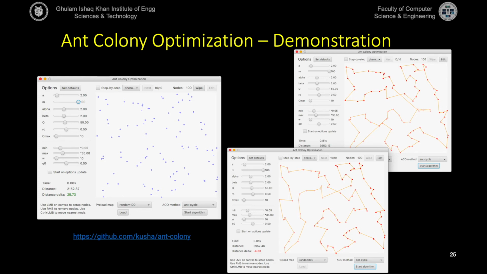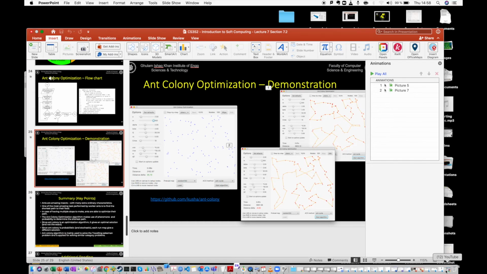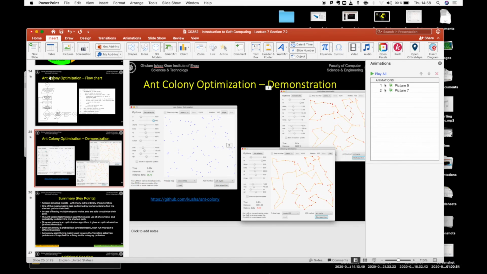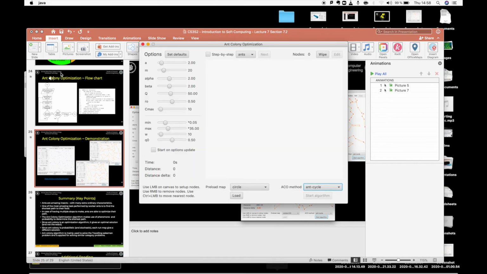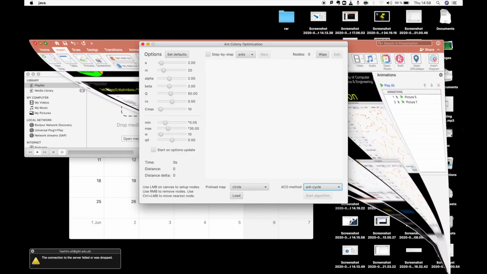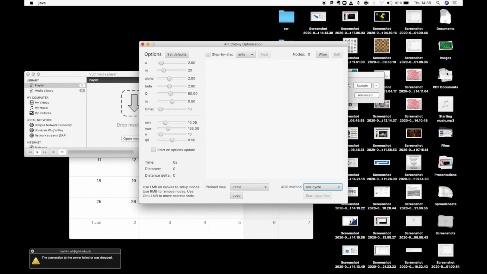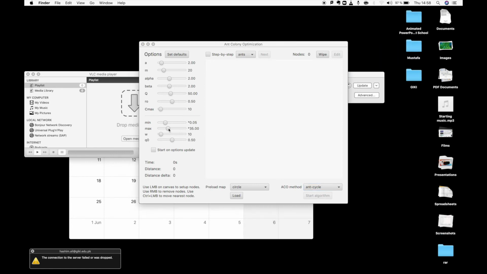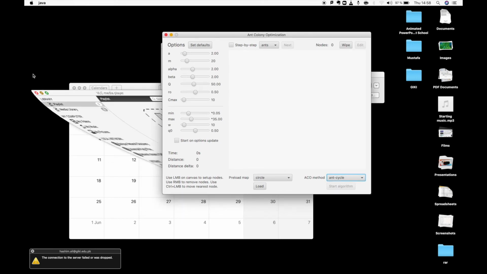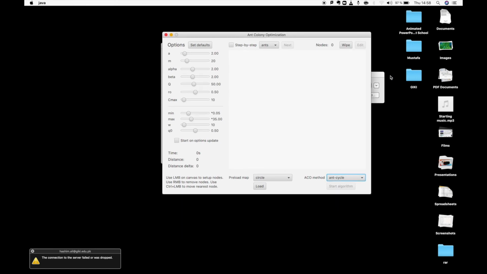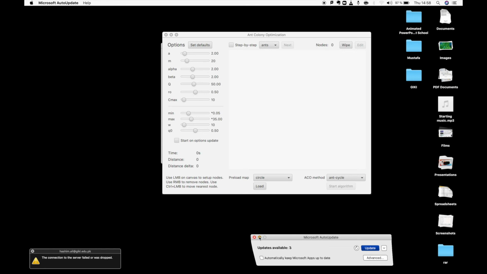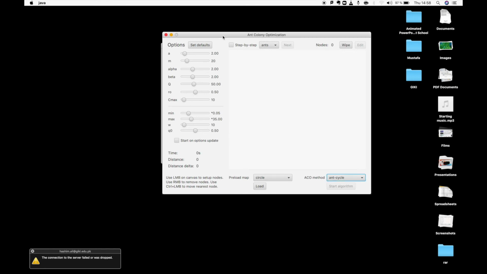Having said that, let's now have a quick look at the demo software that I was talking about. If I just show you the demo software instead of all these things, what we see here is that this is the software from the link that I just showed you before, and in here what you see is